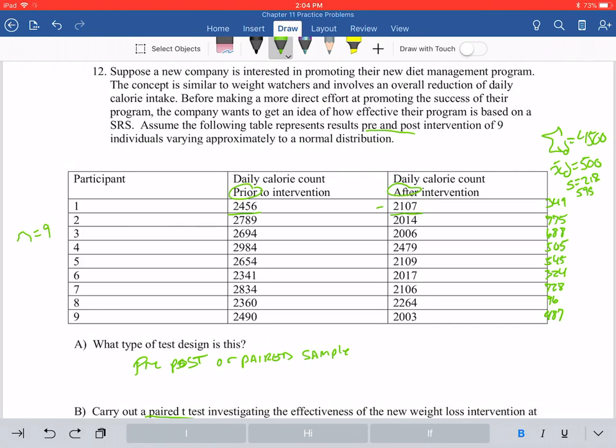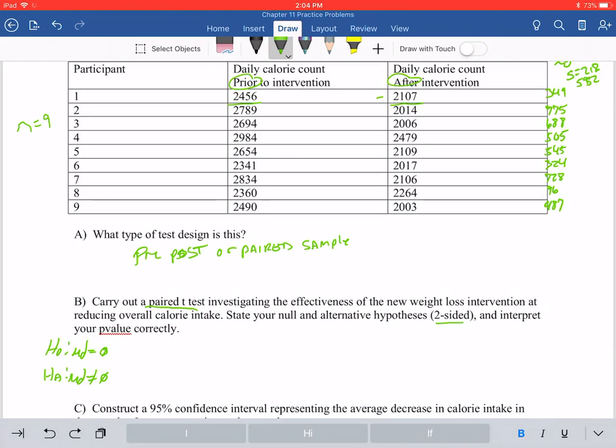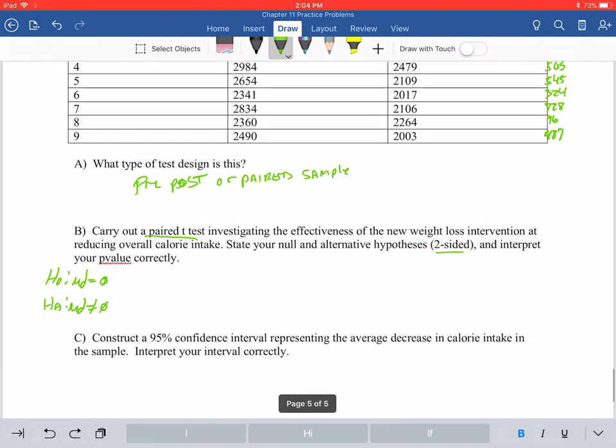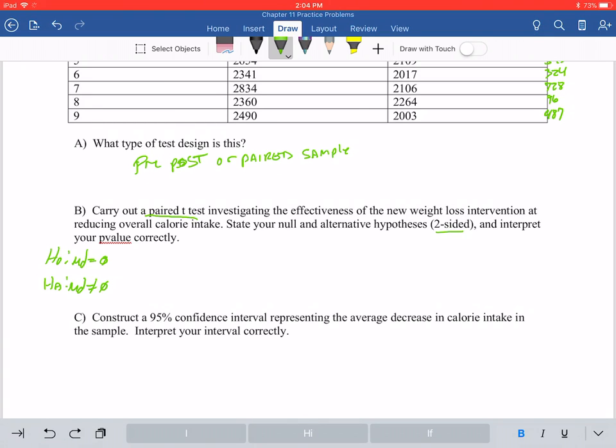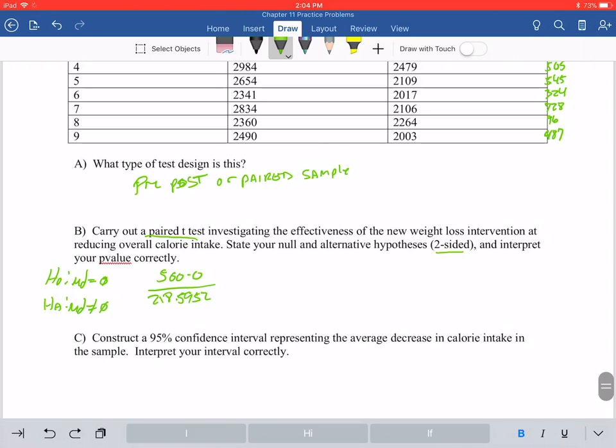Ran out of room, 5952. So now we can carry out our t-test. Remember, I think everyone kind of knows what the formula is now. So it's going to be 500 minus 0 over 218.5952 divided by the square root of 9. So you're going to get 500 divided by 72.8651, which is going to equal